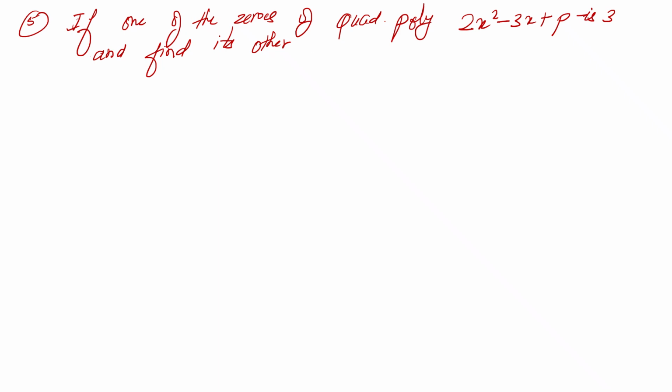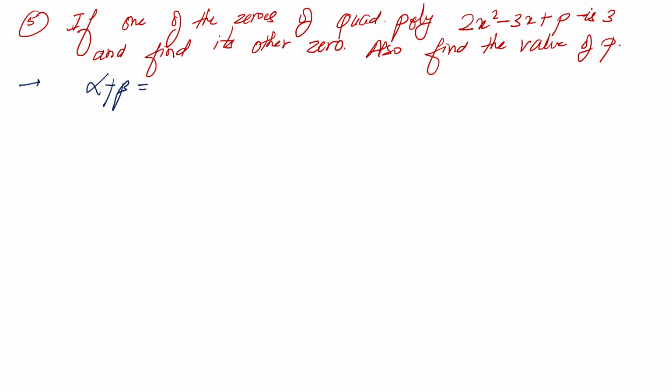क्या फाइंड आउट करना है? We need to find the other zero, also find the value of p. ठीक है जी, देखो हमें क्या गिवन है कि जो सम ऑफ जीरोस है वो किसके बराबर होता है? माइनस b by a, that is minus the coefficient of x upon coefficient of x square. ओके, so from here